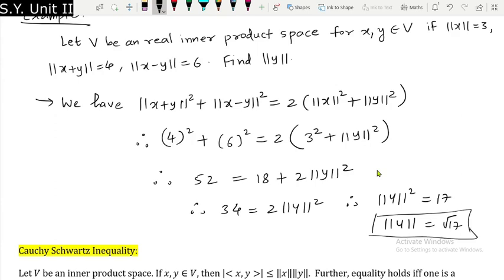We have taken positive square roots on both sides, so we are not going to take the negative value, because we already know that norm of x is always going to be greater equal 0. So therefore we will take only the positive value. This is the case because we already know inner product of x with x is always greater equal 0, and therefore we will have norm of x square greater equal 0, and if we take positive square roots we will get norm of x greater equal 0. So since norm of x is greater equal 0, you cannot take the negative value, so therefore this norm of y will be equal to under root of 17. So I hope you got it, a beautiful example.